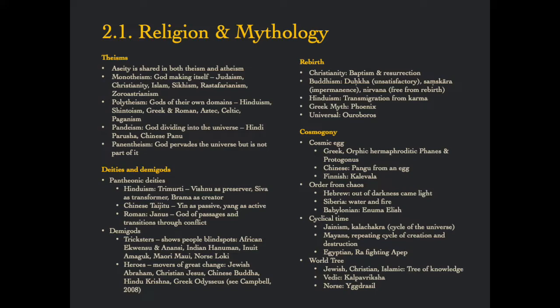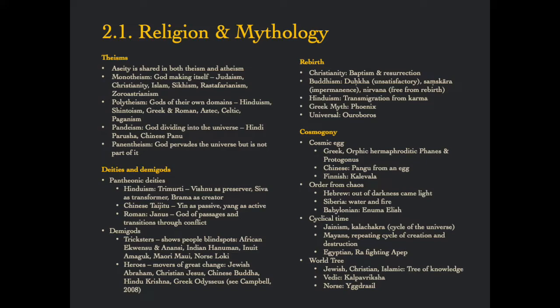In Buddhism, there is the dukkha, the samskara, and the nirvana concepts. And the dukkha has to do with the unsatisfactory nature of life or a certain state or a way of being. And samskara is about the impermanence of everything, and nirvana, the freedom from rebirth concept. And the thing about these is that they do correspond with the modes of computation, because you have a certain way that things are, a certain static, and then you have the impermanence, which is that dynamic, the change of everything, and then you have the nirvana, which is wanting to be free from the rebirth cycle,